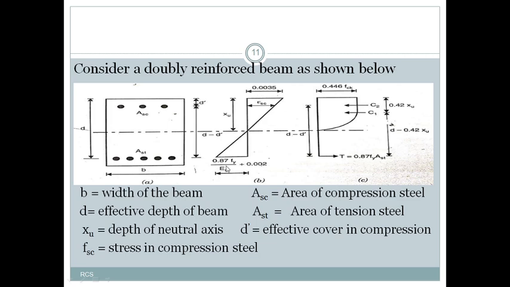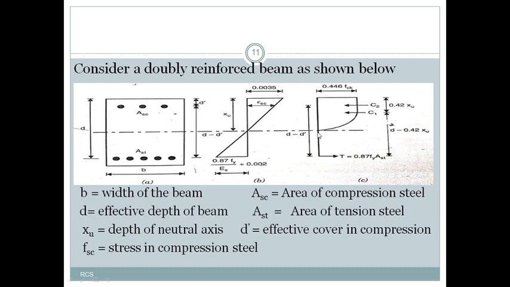and the strain in steel, that is in the tension zone, should not be less than 0.87 Fy by Es plus 0.002. So this we have discussed in the assumptions you made for the limit state of collapse in flexure condition. This doubly reinforced beam is also a flexure member. So based on those assumptions only we have to analyze and design the doubly reinforced beam also. And we also discussed that the compressive stress corresponding to the maximum strain, that is 0.0035, is 0.446 fck, and we know the shape of this stress block.